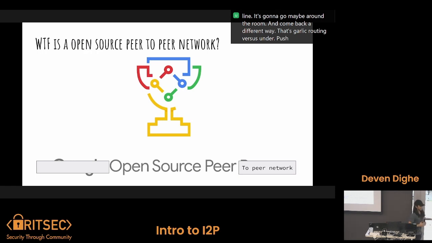Question. So when you pass through other devices, do people have to opt in to be part of the route for your information, or is it just kind of forced?